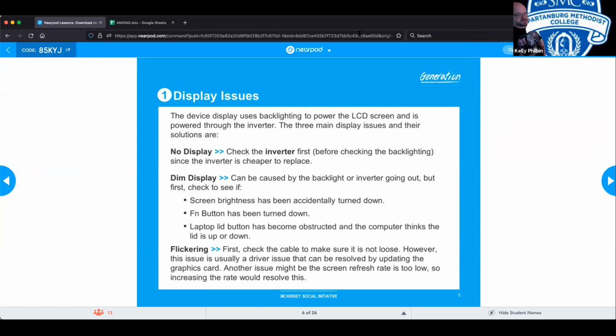Now, if it's flickering, that tends to point to a connectivity issue. Because remember, LEDs don't flicker. They're either on or off. So if we start seeing flickering, that's probably letting us know that the connection is not fully secure,